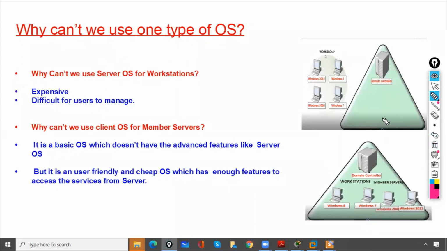Okay, and why can't we use the client operating system for member servers? So this client operating system is a basic operating system which doesn't have the advanced features like server operating system, but it is a user friendly operating system and it is cheap, which has enough features to access the services from server. So that is why we don't use